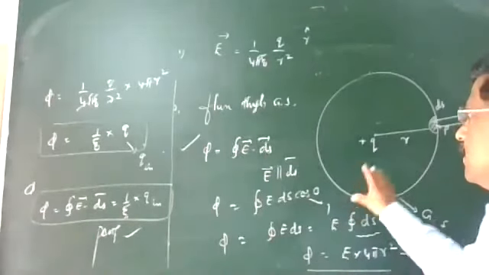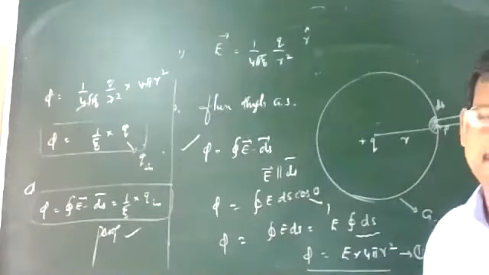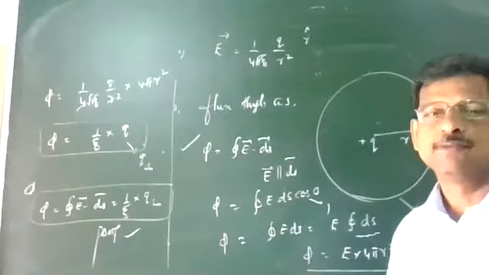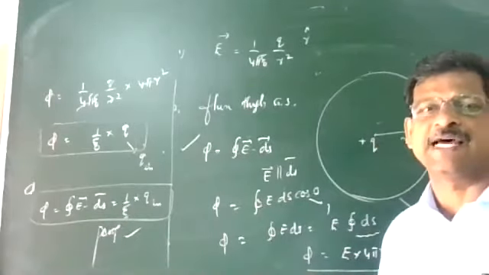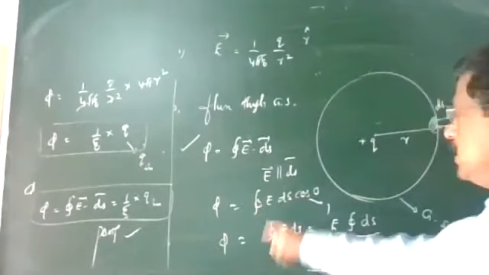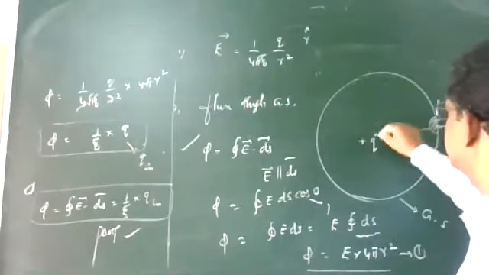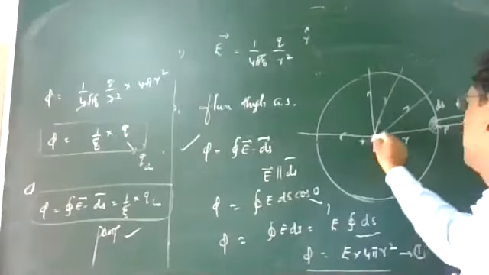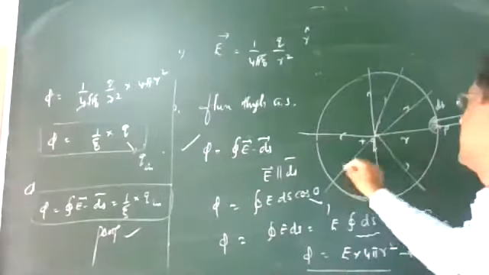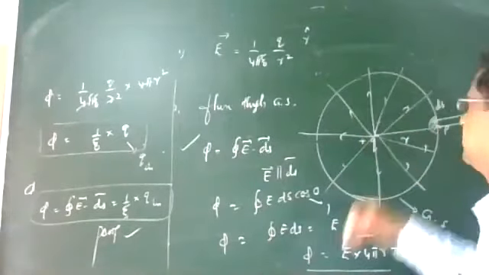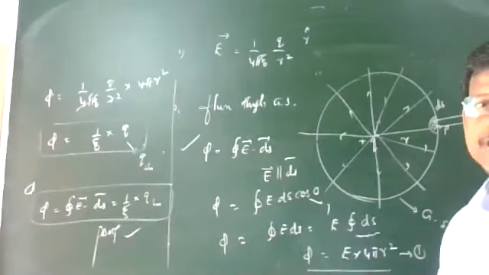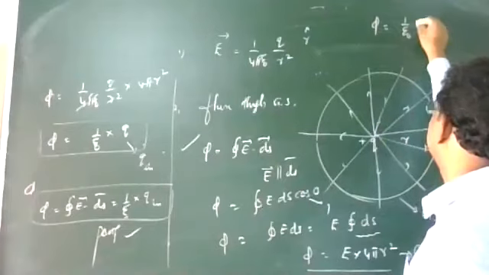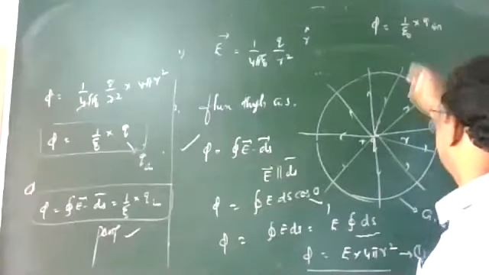Now this flux will not change, whether you are taking a small sphere or a bigger sphere. Independent of the size and shape, there will be no change. If Q is the charge inside, what is the flux through the surface? These are the field lines. For a positive charge, the lines are going like this outside. What is the flux through the surface? Flux through the surface by Gauss's law is equal to 1 by epsilon 0 into q inside. Q inside is there.